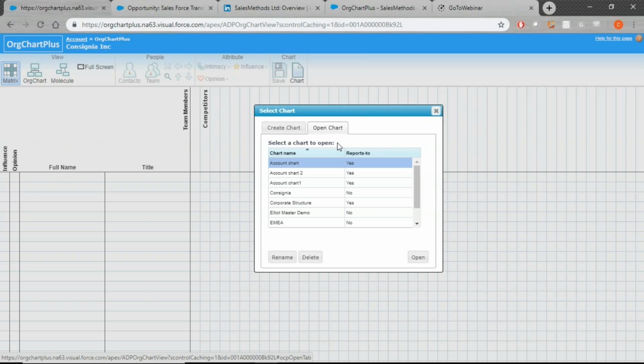If you wanted to split it up into more manageable chunks, whether it's perhaps different geographical locations or different departments, it's completely up to you how you want to manage that. But as I said, you can create as many different charts